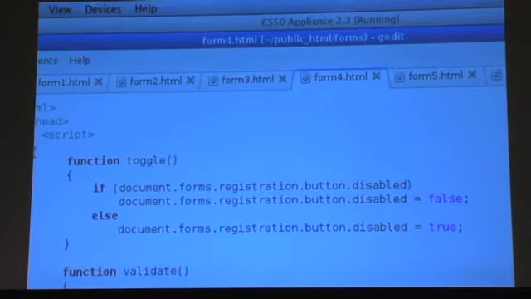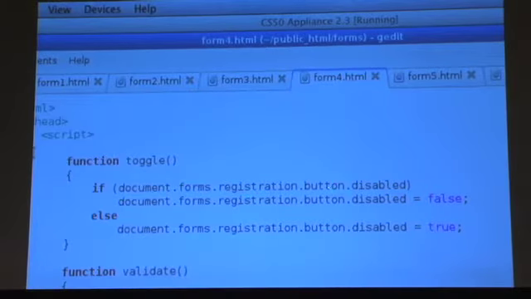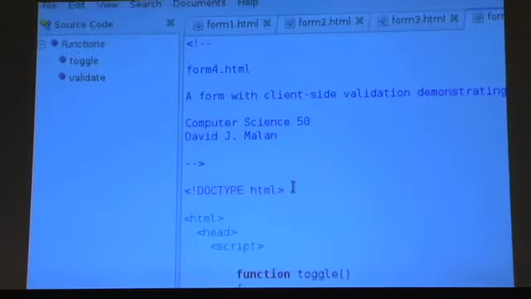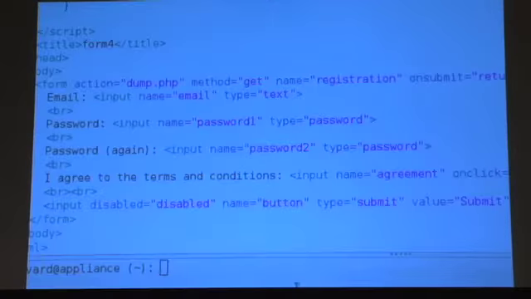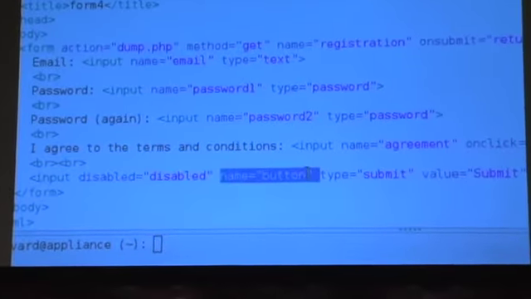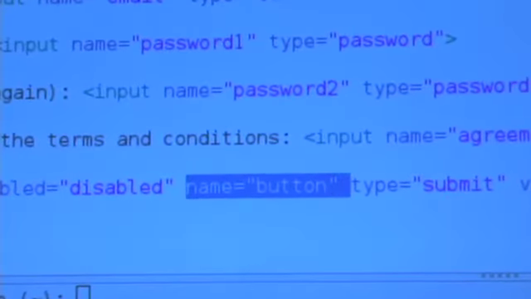So if document.forms.registration.button. So what is button? Let me quickly scroll down to the bottom again. And now notice I've been giving these things names as I want to refer to them. So let me scroll down, down, down. There it is. I literally gave this input element for the button a name of button. But I could have called it anything.